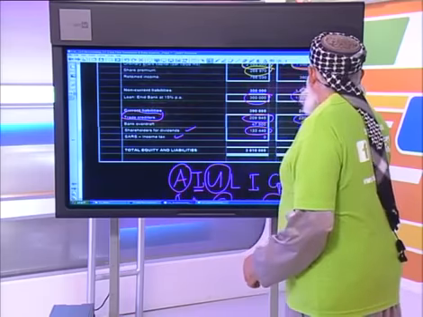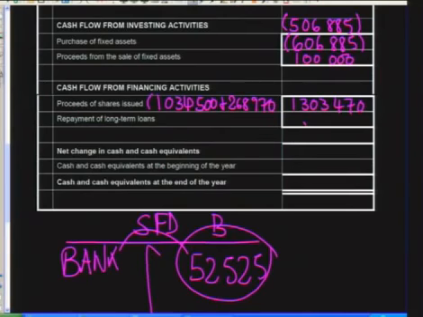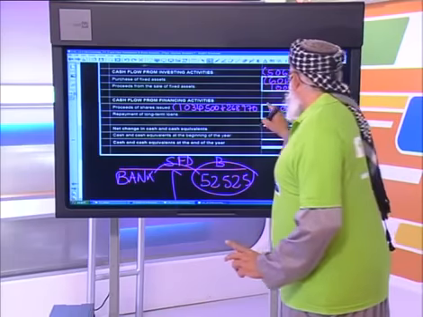Why? 1,525,000 minus the 300,000 will give me 1,225,000. Okay. And I can immediately see that I now have to do another calculation because that is a positive